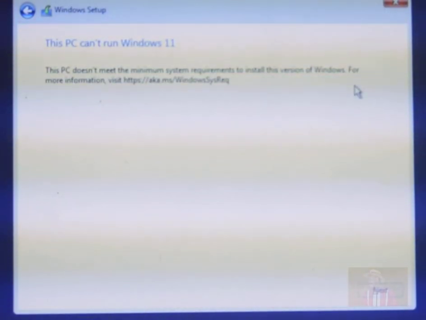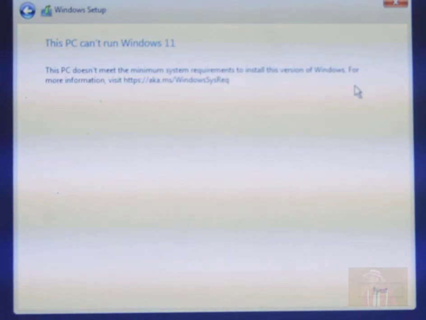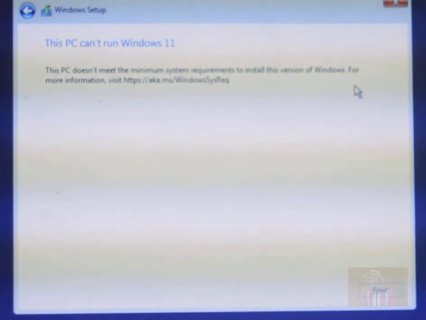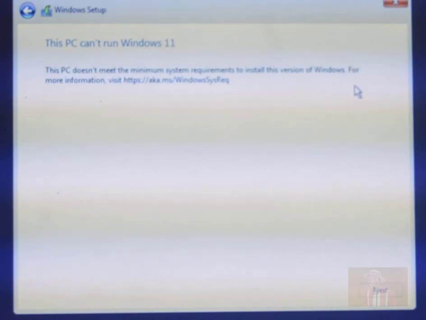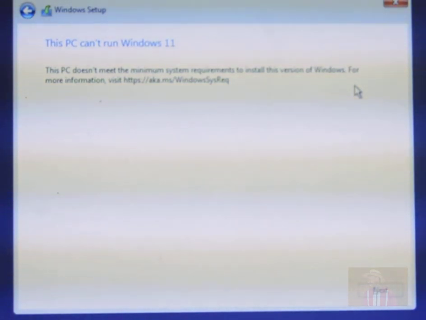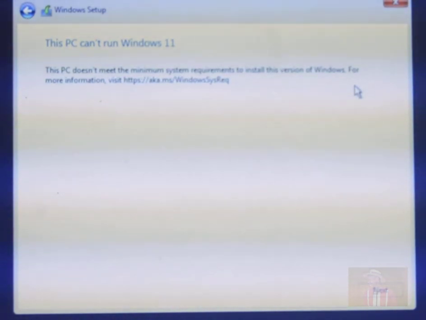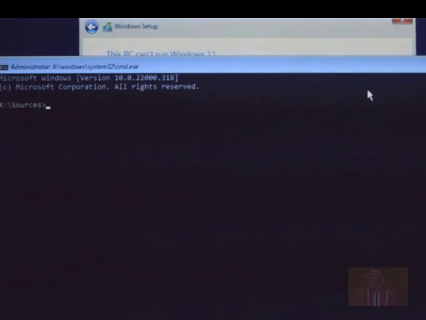So you can see the message that this PC doesn't meet the minimum system requirements. What I will do from here is hold Shift and press the F10 key together. This opens up a command prompt. Okay, on the command prompt type regedit,